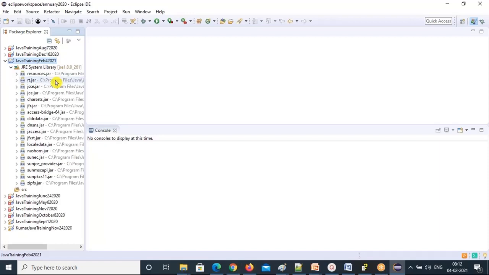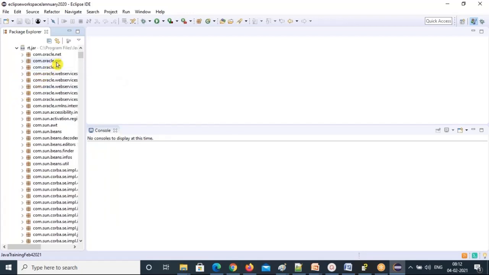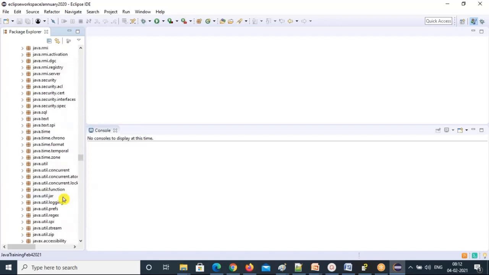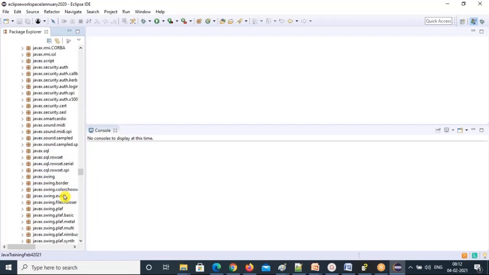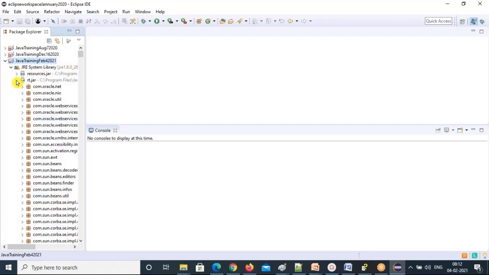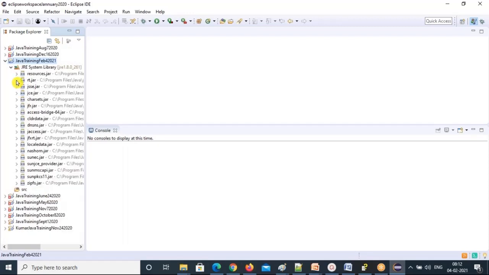You can expand this: Oracle.net, NIO, util, web services, AWT, beans, so many packages. We see java.sql, java.text, java.time, java.util, java.lang. This is all predefined code, and whatever we need, we can use. rt.jar contains all the basic core Java classes and interfaces.